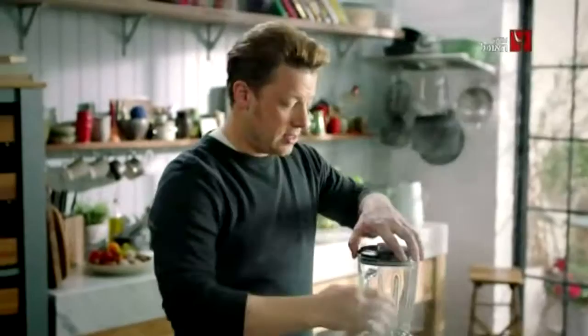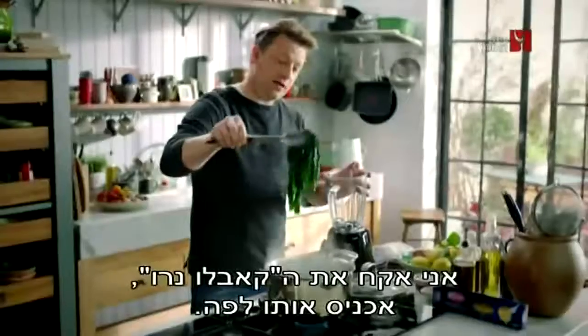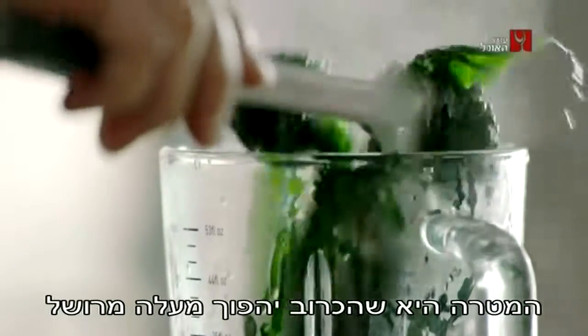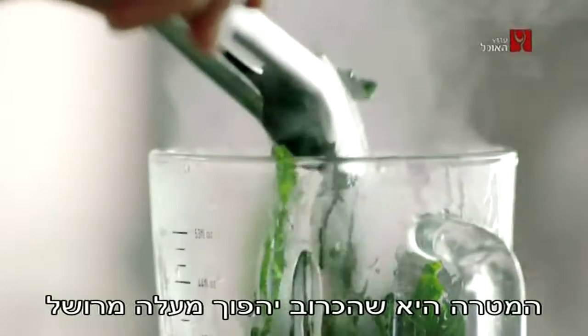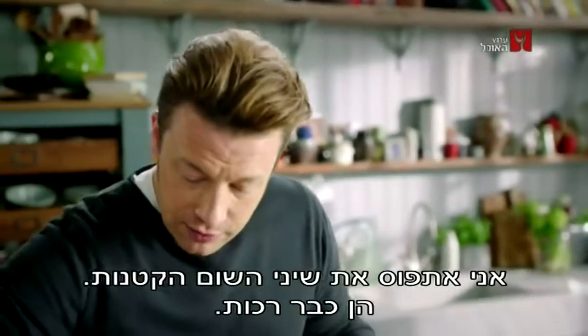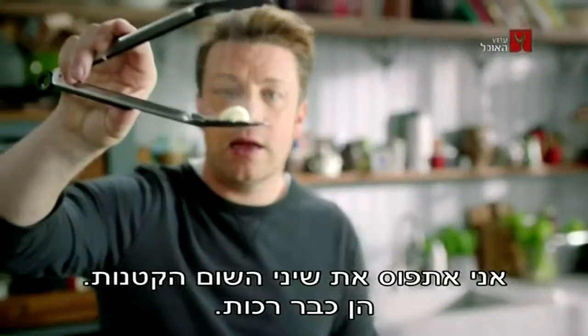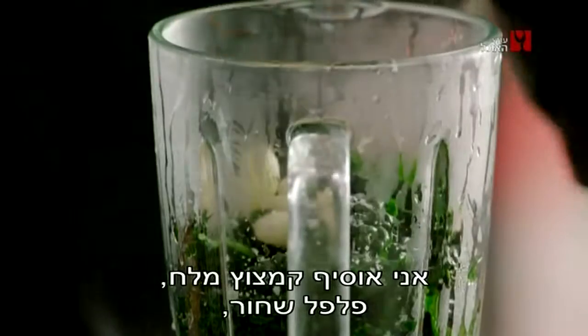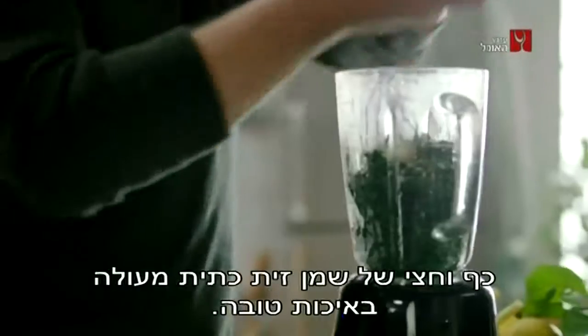Take the lid off. We've got our liquidizer here. I'm going to just take the Cavolo Nero, pop it in there. You want to make this cabbage go from a frumpy old leaf into the most silky, elegant sauce. I'm going to grab the little garlic cloves. They'll be soft now. And then I'm going to go in with a pinch of salt, pepper,